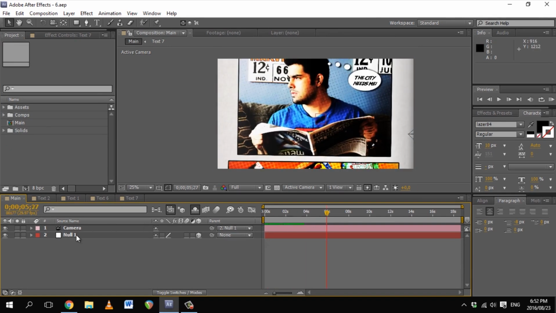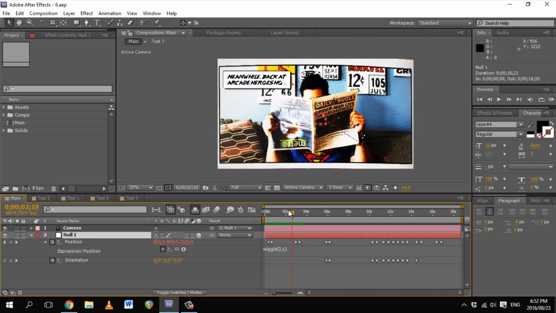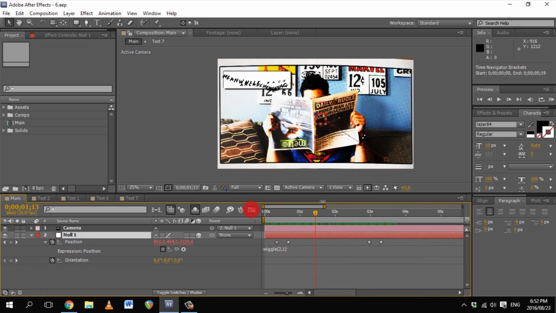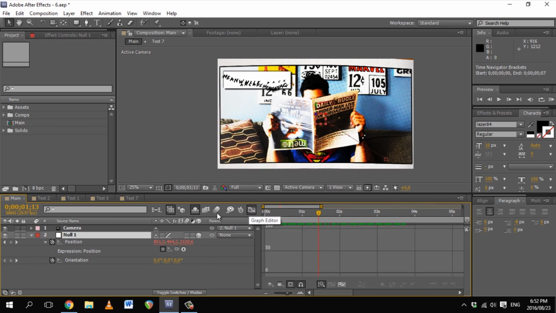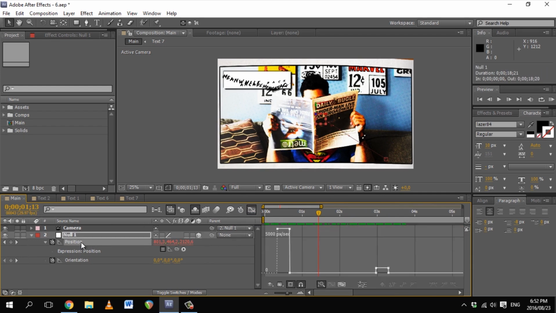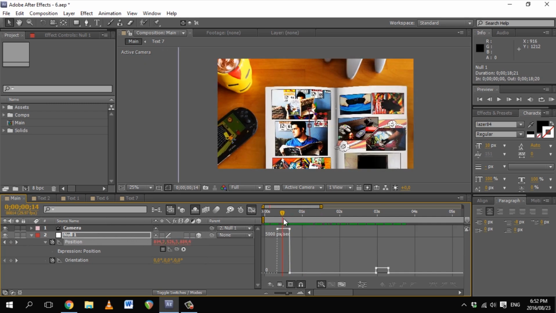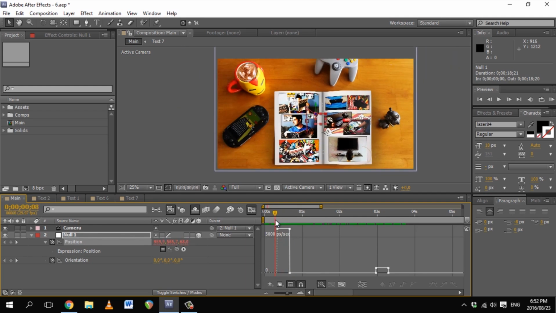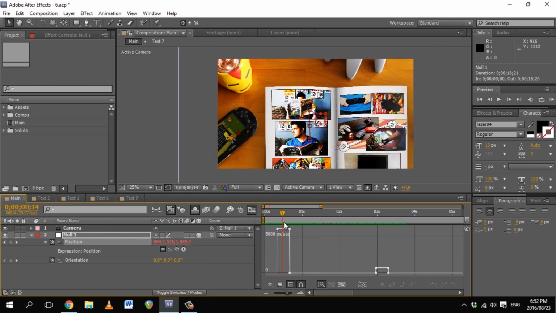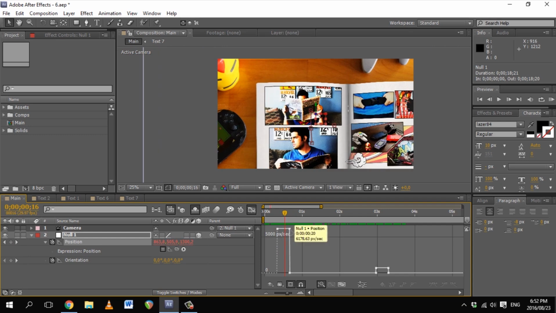Select the null and press U to bring up its keyframes. This button takes us to the graph editor. The graph editor provides a visual representation of the variables of keyframes. We use it to create what are called curves between keyframes to either ramp up, ramp down, or level the acceleration or deceleration of a change in a variable. Plainly stated, it allows you to give objects more natural movement. This tutorial won't be an in-depth dive into